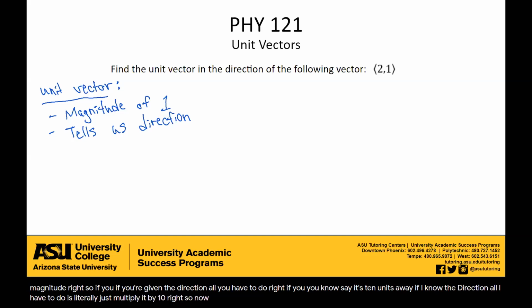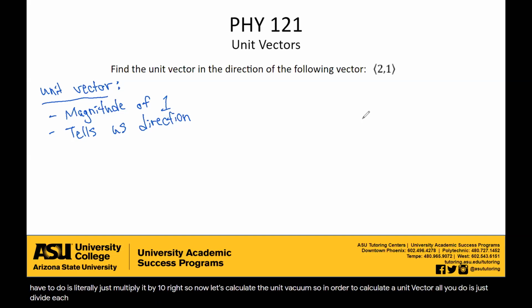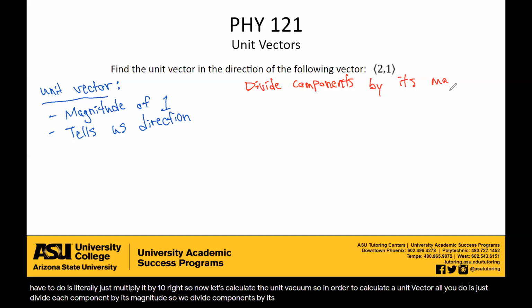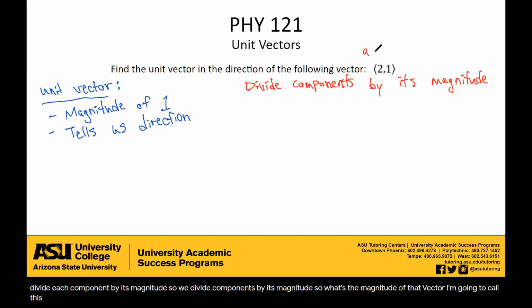So now let's calculate a unit vector. In order to calculate a unit vector, all you do is divide each component by its magnitude. So what's the magnitude of that vector? I'm going to call this vector A. So the magnitude of vector A,